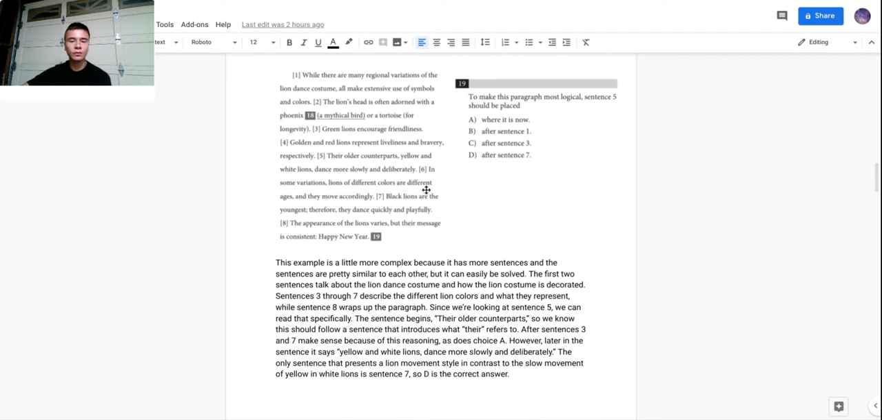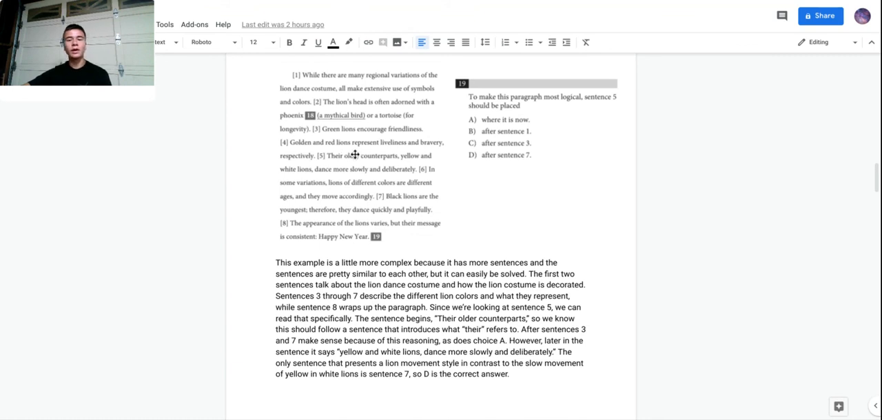So A, where it is now, I'll go to the sentence before that. Golden and red lions represent liveliness and bravery, respectively. Their older counterparts, yellow and white lions, dance more slowly and deliberately. So it does kind of make sense to talk about golden and red lions, and then in the next sentence talk about their older counterparts. However, it says in sentence five, they dance more slowly and deliberately. But the sentence before that doesn't talk about how golden and red lions dance, so it shouldn't be A